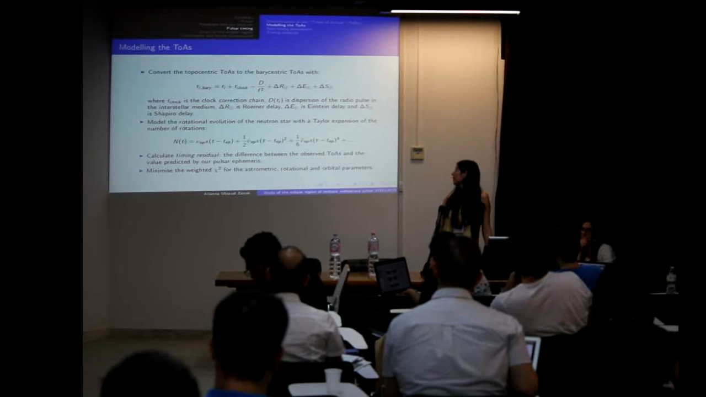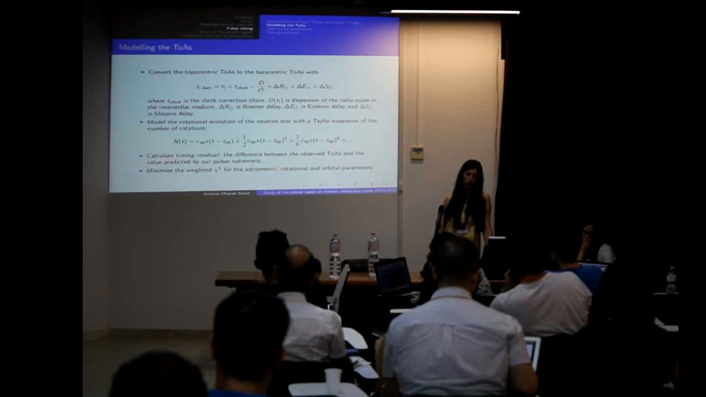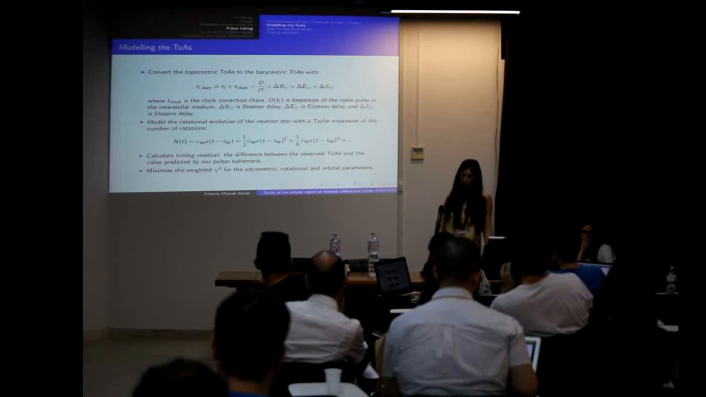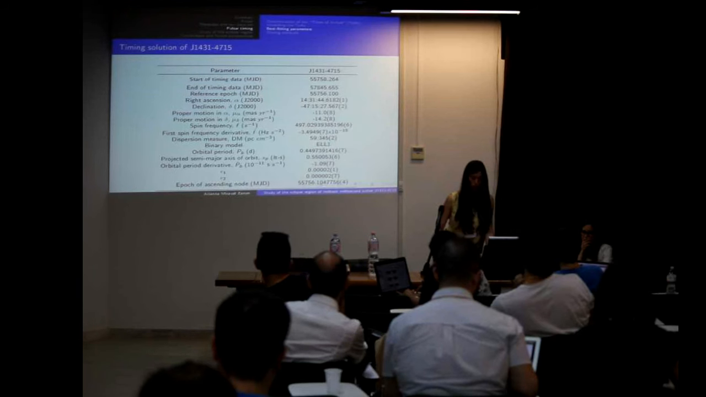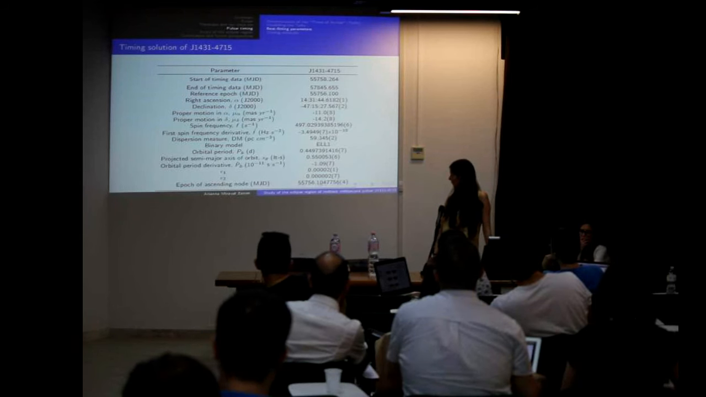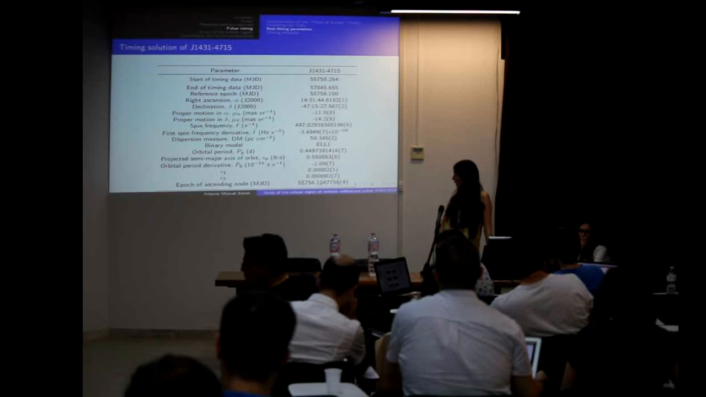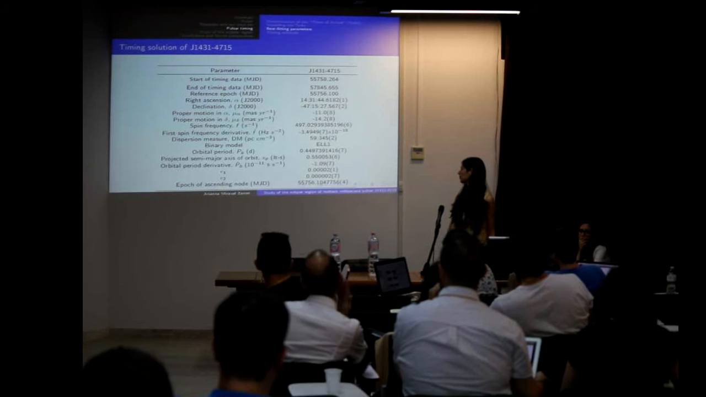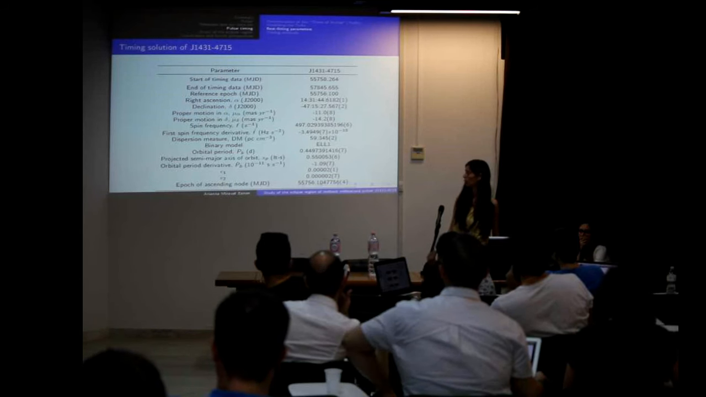That is the difference between the observed times of arrival and the value predicted by our model, or by our pulsar ephemeris. In order to measure the best-fitting astrometric, rotational, and orbital parameters, we minimize the weighted chi-square, and we obtain this timing solution for our system. Here we have the start and end of the timing data and the reference epoch in modified Julian day, the position and the proper motion of the source, the spin frequency and the first derivative of the spin frequency. We have also the dispersion measure,